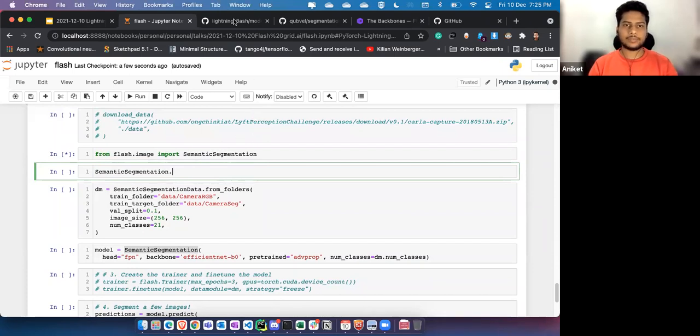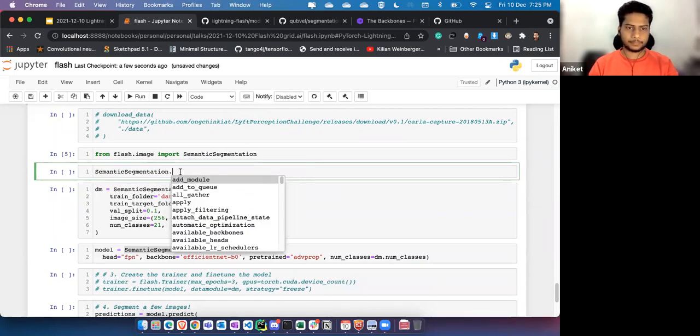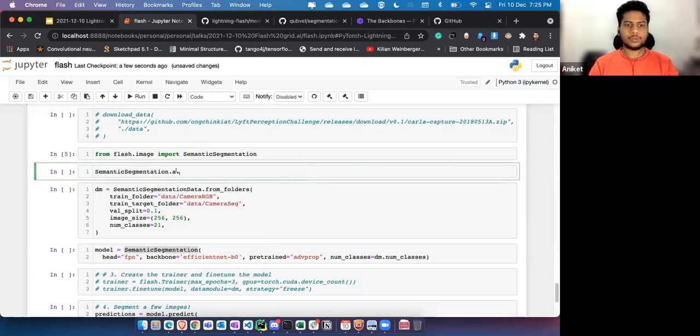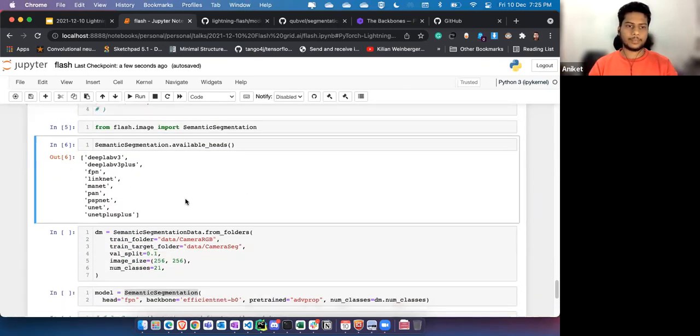Okay, if I want to check what the available heads are, I can just call this function.